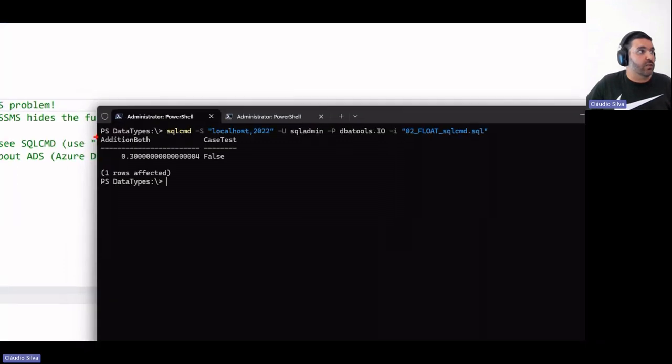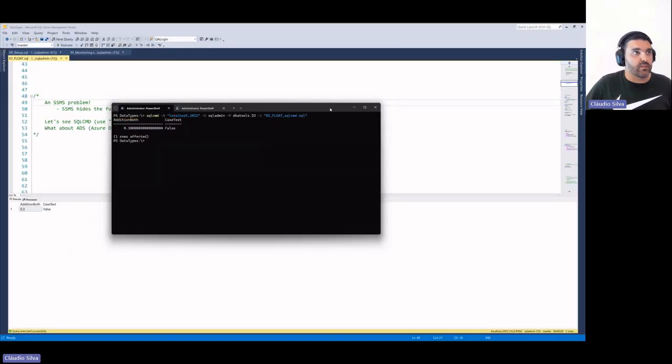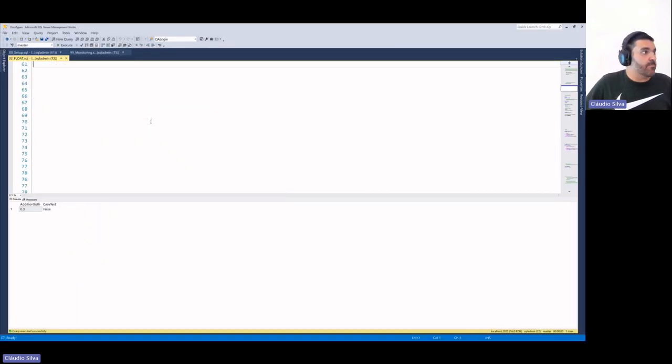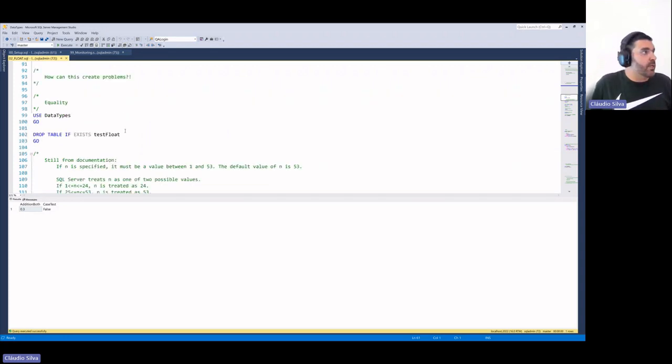You can also see that the output of this is 0.3, 15 zeros, 4. So only Management Studio is lying to us. I normally live inside SSMS, and I'm relying on that, so it's important to understand these situations with floats.